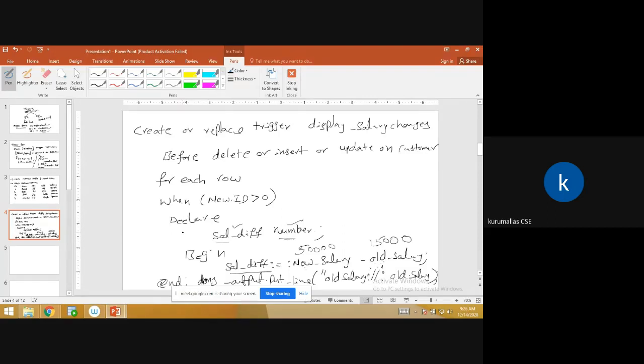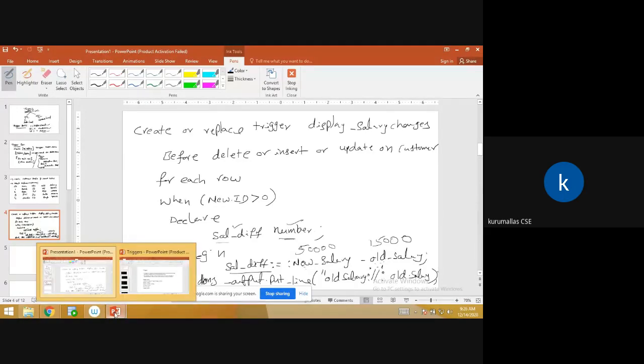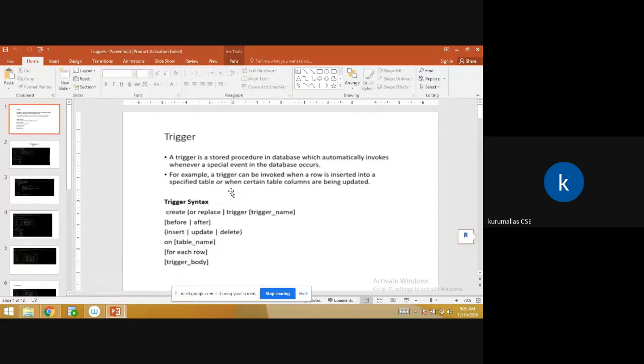So the thing is that create the table. Okay, once you create the table, so after this, write this trigger. Once you write this trigger, if you apply any delete or insert or update operations on this table, the trigger is automatically fired. So this is happening inside this table, right? For the better understanding purpose, if you see the practice, what I practiced in the lab, that is very easy. You can see this one already. I practiced this one trigger.